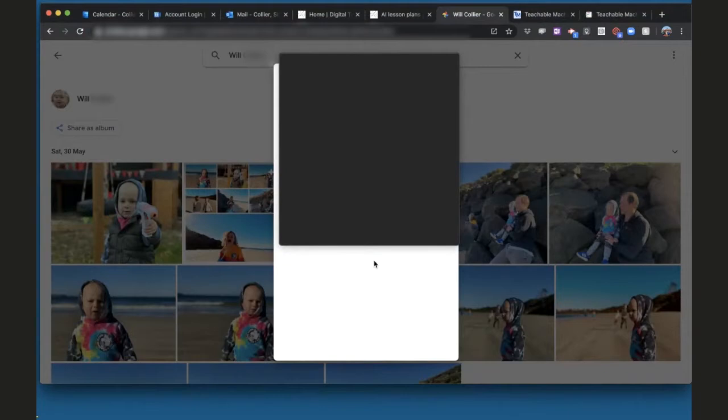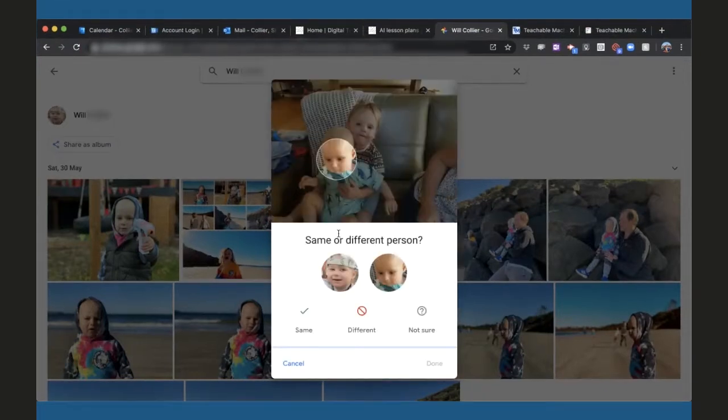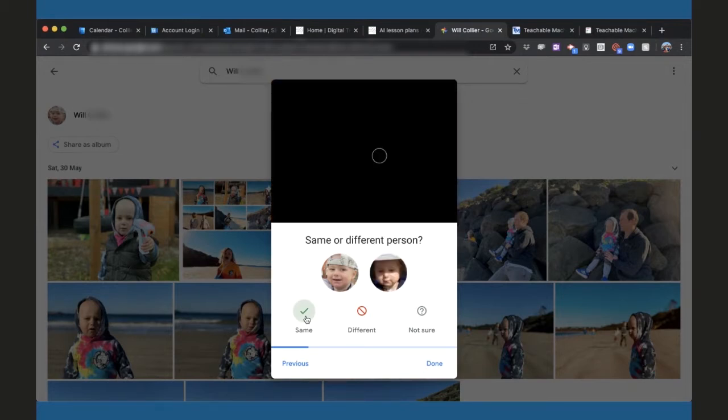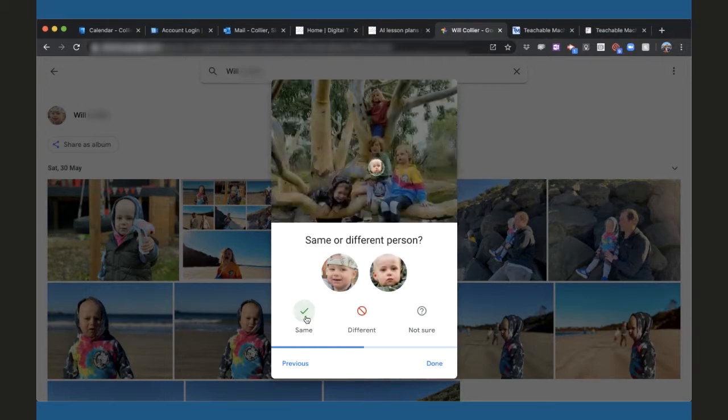What's it doing now? It's looking for pictures of Will. And at the moment, this is an example where the machine, or the AI, is a little bit confused and it's not sure, and it's getting you to train it a little bit more, isn't it? So is that Will? Yes. What about this one? So you can see here it's identifying an image. It thinks maybe it might be Will, but it needs some more training and some more information, some more data. Yeah, it is Will.